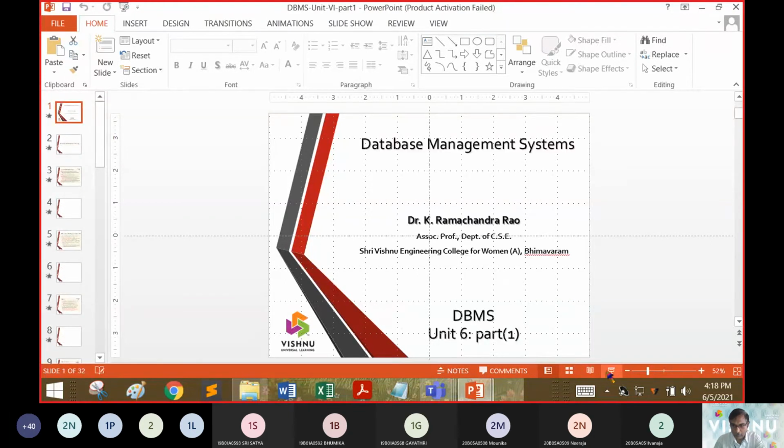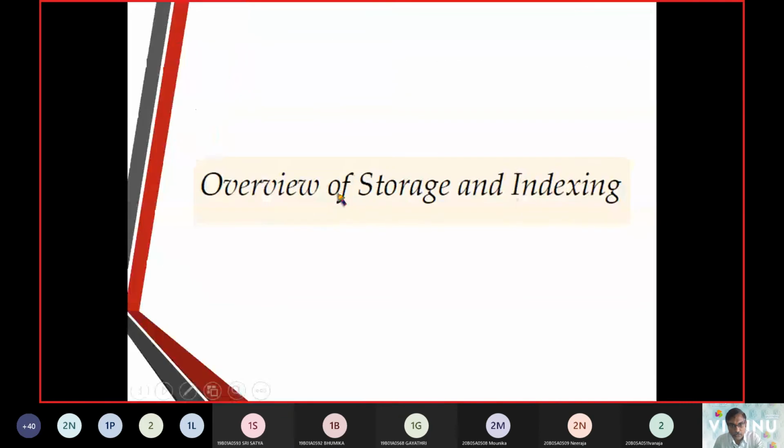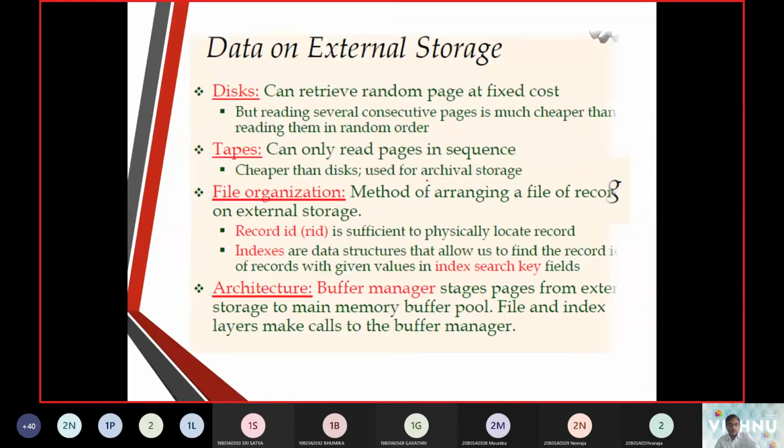A quick recap of what we did today: we talked about storage and indexing. Storage is taken up with disks, which can be randomly accessed, but magnetic tapes work in sequential order.